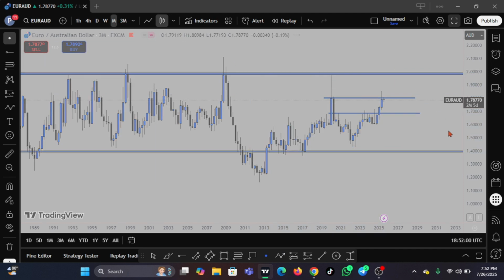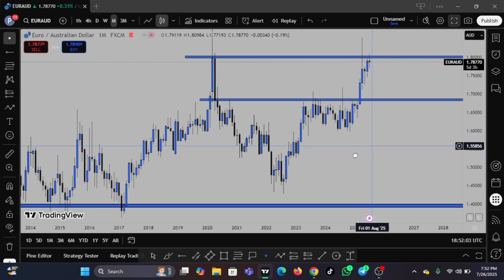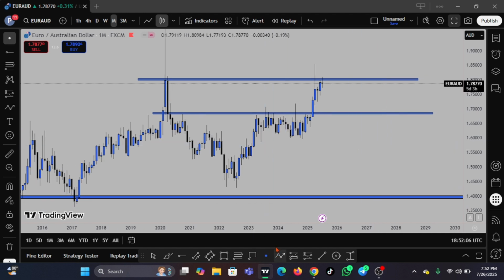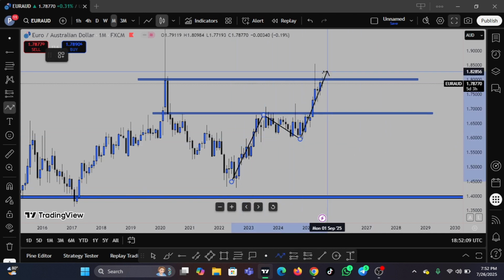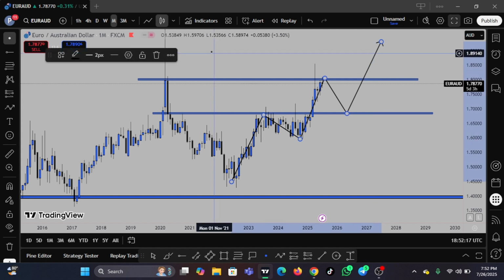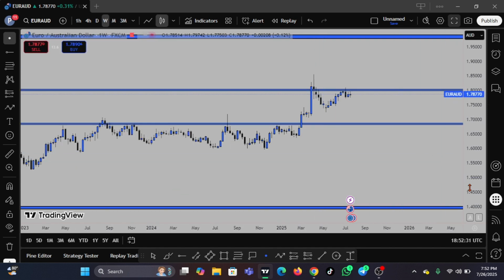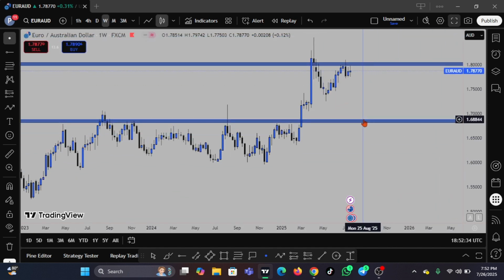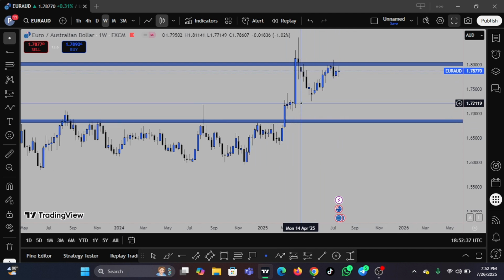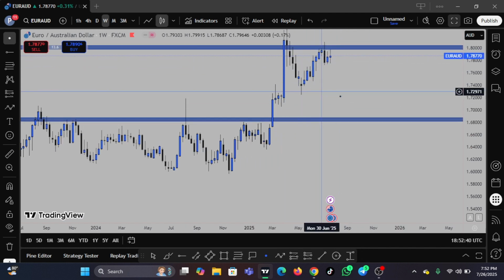So we scale down to the monthly chart. Scaling down to the monthly chart, this is a long impulsive move, retracement, another long impulse. I'm expecting a retracement to come on Euro AUD before we can soar higher. So I'm expecting a retracement here, and price has gotten to this level where it's currently seeing some level of sensitivity right here. On the weekly chart, a possible chart pattern is likely forming, which is the double top pattern.